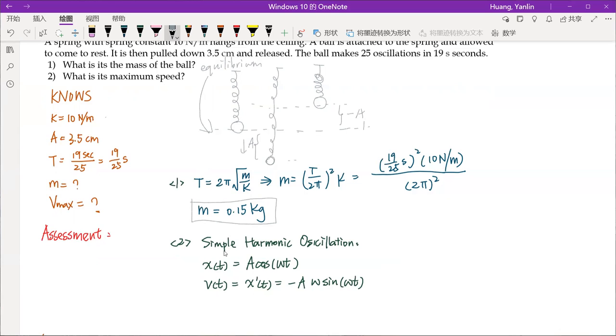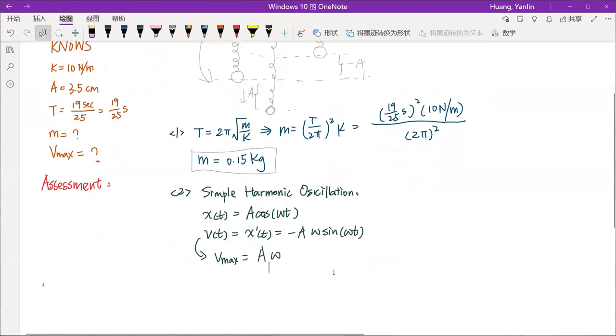So through this, we could easily get the formula of the maximum velocity, when the sine equals negative 1, you get the maximum, which is A omega,